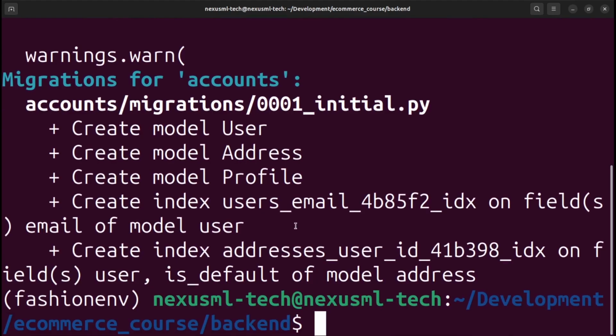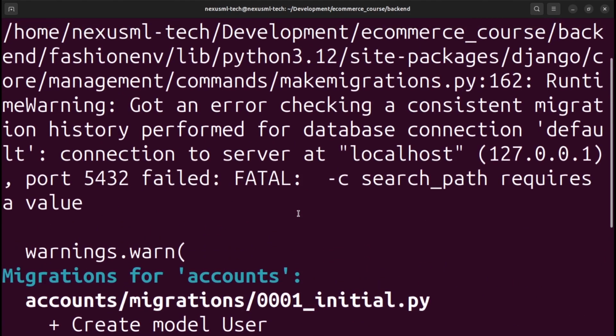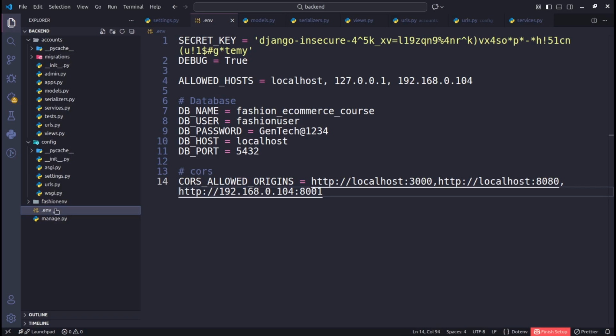So we have the issue with the options. So just need to do what it is complaining about. So let us go back to our code, and then we need to check some few things. So in our code, where are we? So first of all, we need to check. So the database port should be what? It should be the